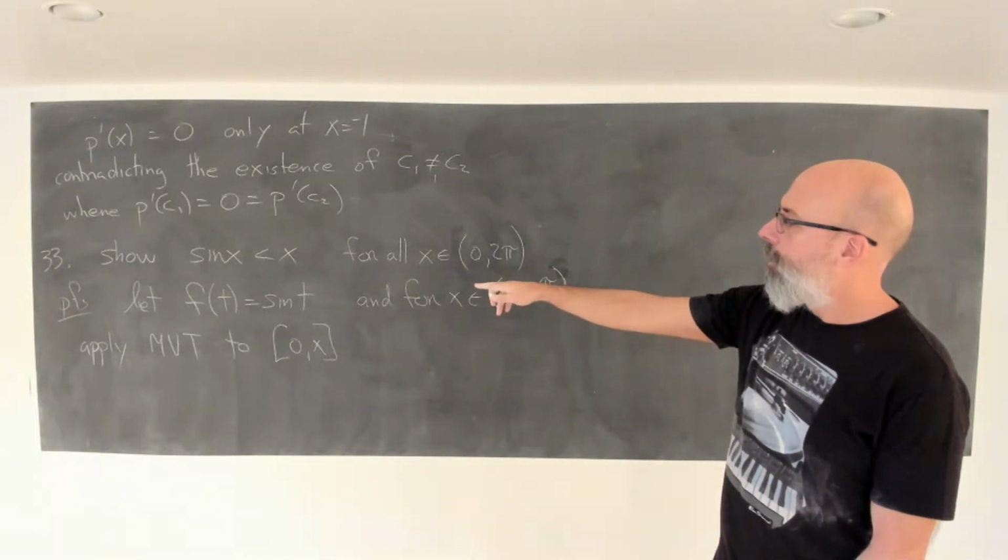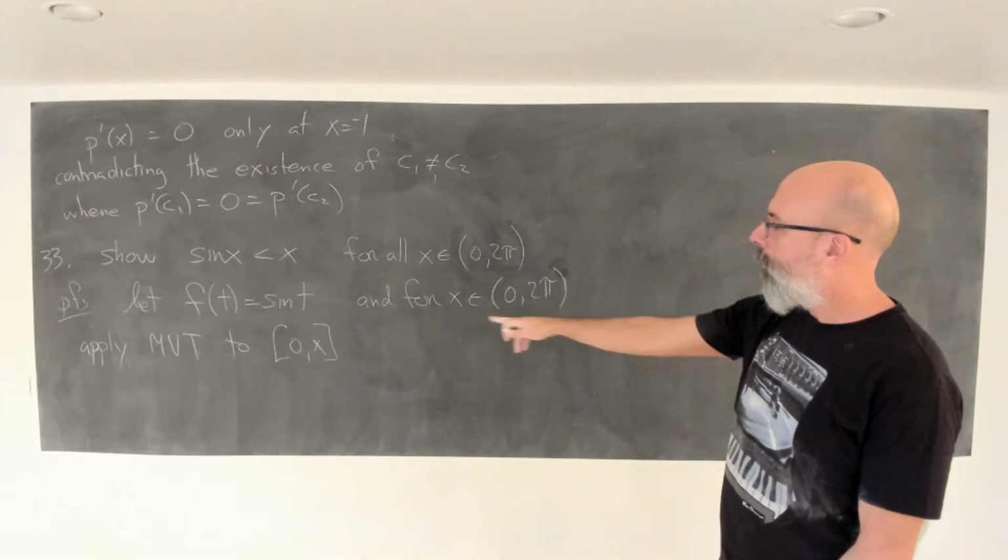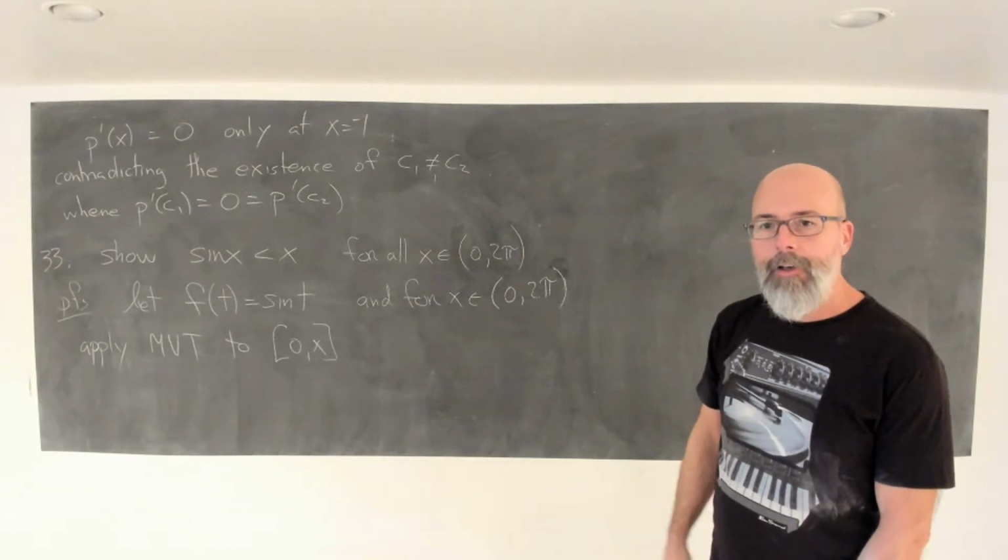So what are we doing here? We've defined a function and we are applying the mean value theorem to the